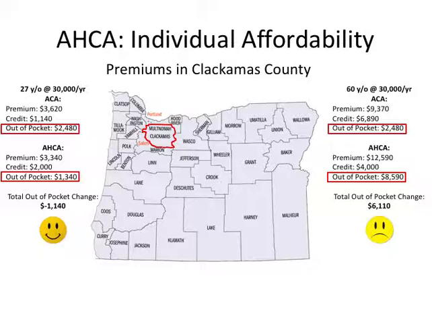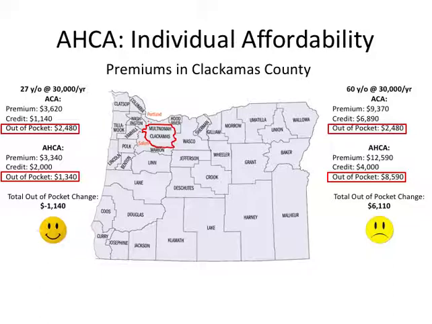We can see that for Oregon's most wealthy county, Clackamas County, with an average per capita income of $31,000, young people, on average, would be paying about $2,480 under the ACA of out-of-pocket costs. If we look at the AHCA, those out-of-pocket costs would actually go down to $1,340. That's a total out-of-pocket change of $1,140. However, an older person in the same wealthy county